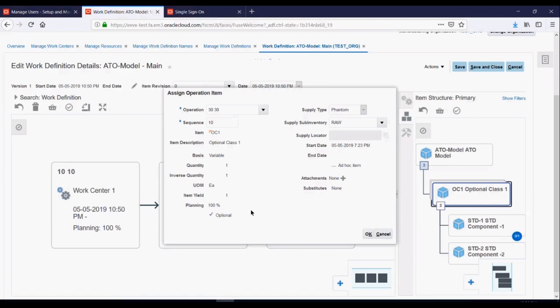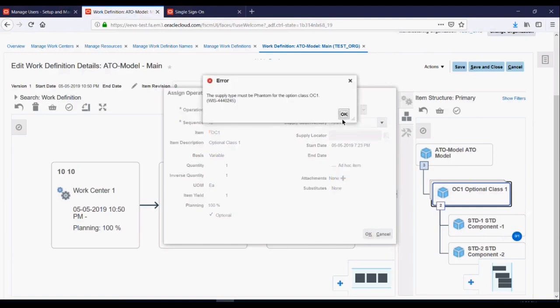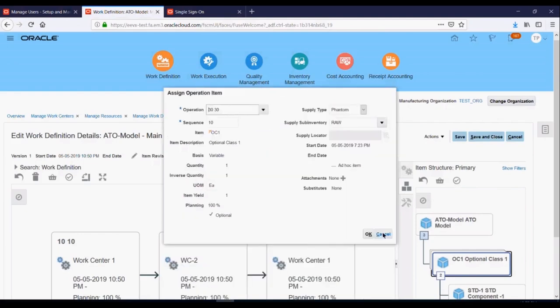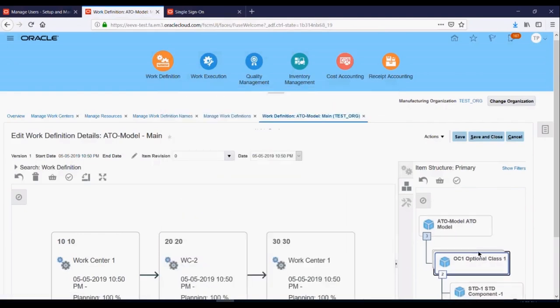Okay, so it's not that what we are doing now is different and that flow is different. This is exactly what we have to do even if we are using a star item and a configured item. So you have different workflows, work definitions for one configured item, so that you can select different workflow definitions. For example, a model item